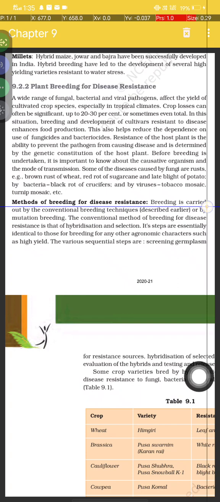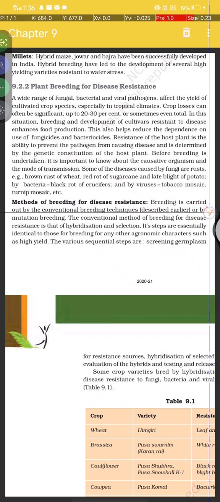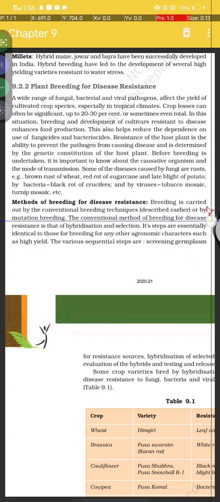Methods of breeding for disease resistance. Breeding is carried out by the conventional breeding technique as described earlier, or by mutation breeding. The conventional method of breeding for disease resistance is that of hybridization and selection. Its steps are essentially identical to those of breeding for many other agronomic characters such as yield, with various sequential steps: screening germplasm